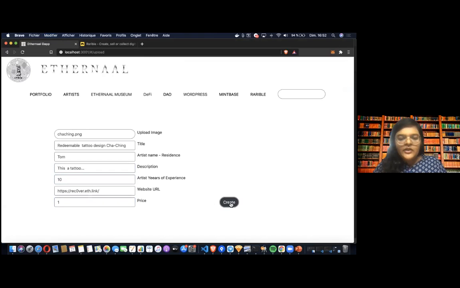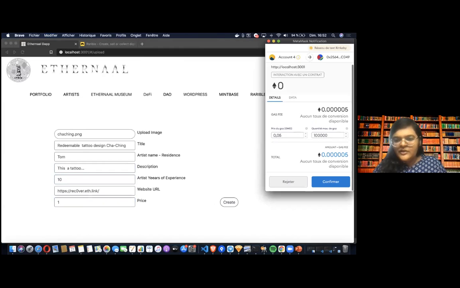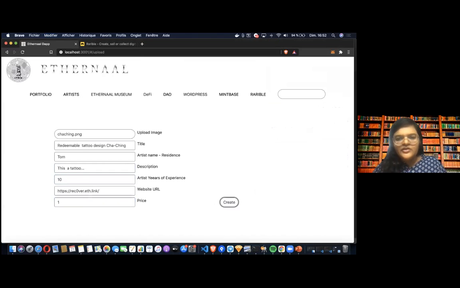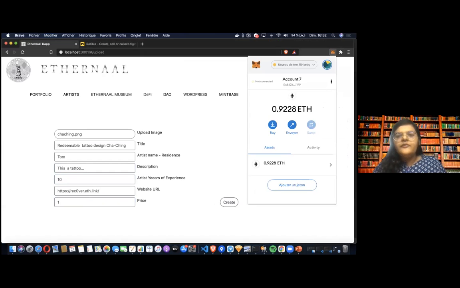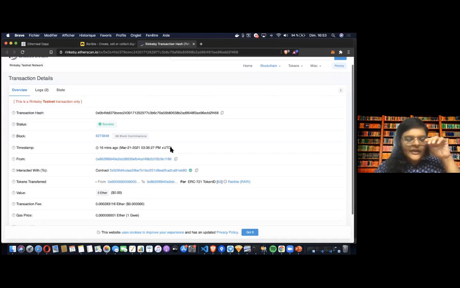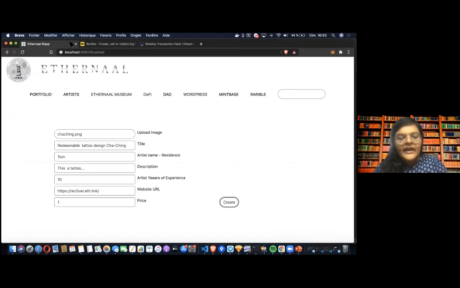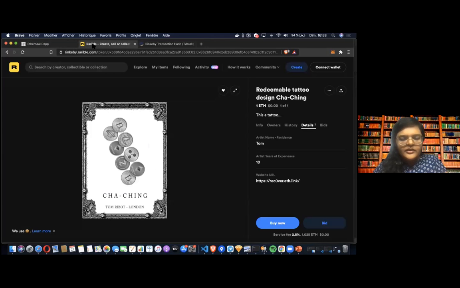Now here, when we click on create, the NFT gets minted through the API that is being given to us by Rarible. So you can see that we have connected through MetaMask and it will be minted on the Rinkeby network. Once the NFT is minted, and the transaction is done, we'll see the transaction hash as well. You can see that it is successful and you can see that the tokens have been transferred and it has been created on the Rarible network, right? Now, this is how it will look when you come to Rarible and see it.